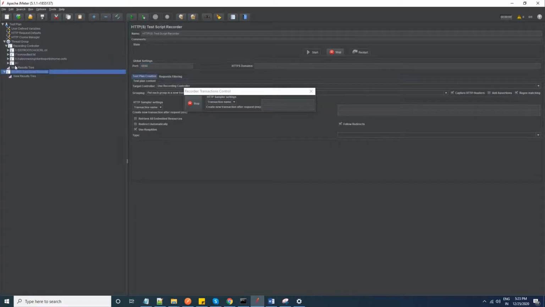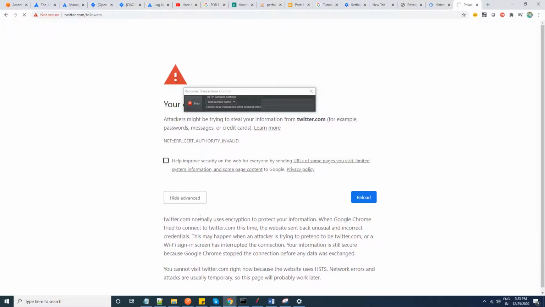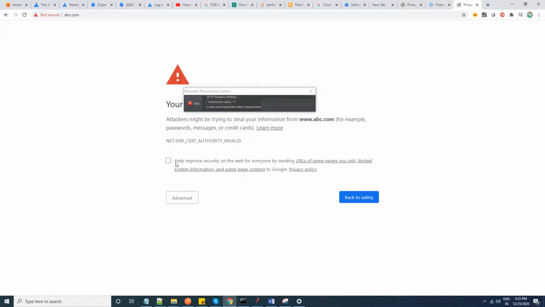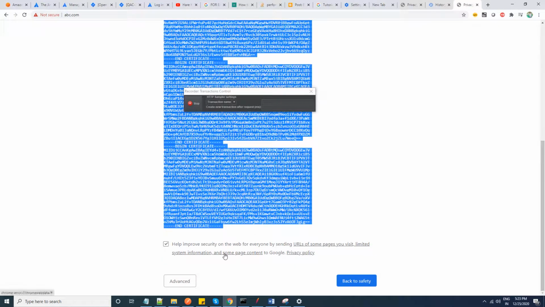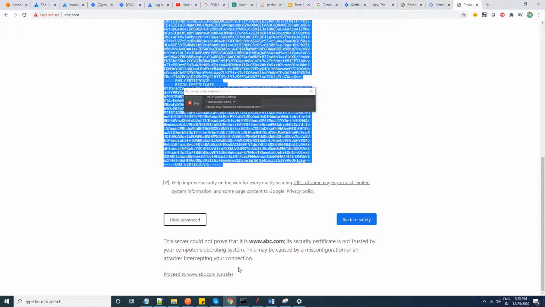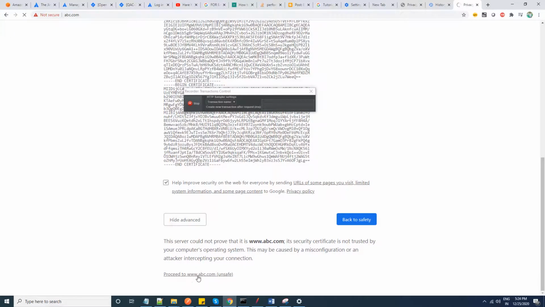If you see, recording has been started. If you go to the recording tab, it will show that it's recording the script. Proceed with unsafe mode because we are opening this browser on localhost only.